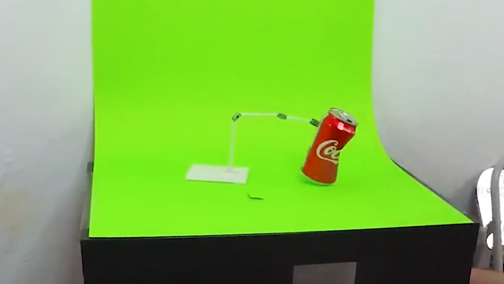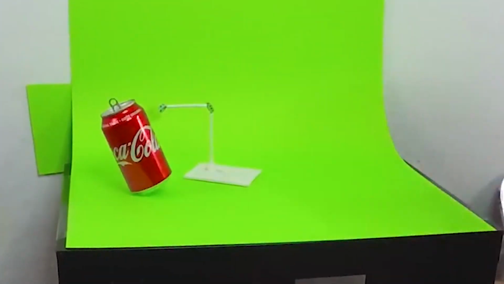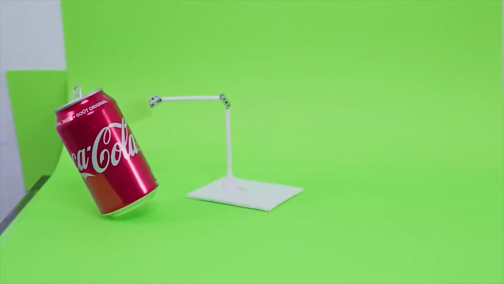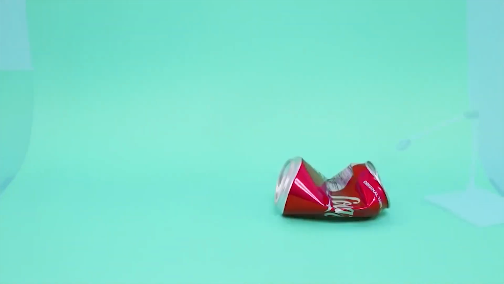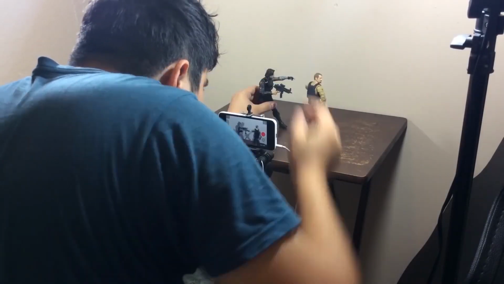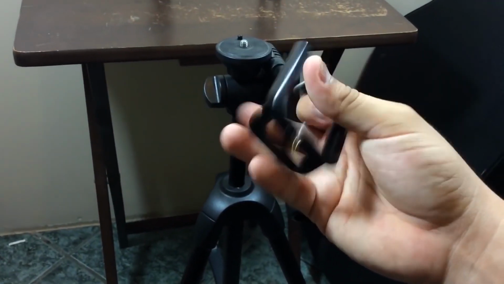Firstly, you will need to get yourself a nice stable surface to work on. This is key because even slight movements in your surface can show up in your final video and really affect its quality. Similarly, you also want to have your camera on a stable surface. If you're using an iPhone or iPad, a good quality holder will do. And if you're using a DSLR camera, make sure you use a tripod where the center column and head can be locked into a fixed position.